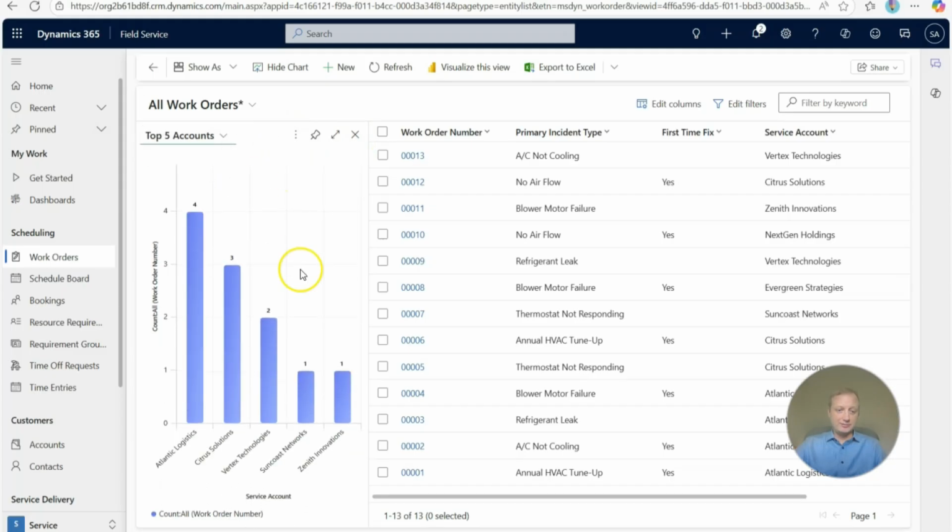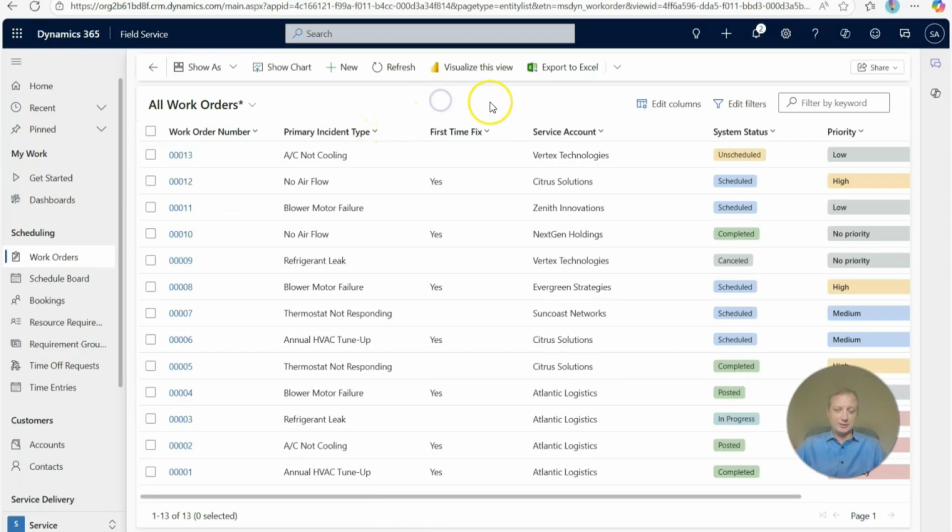Okay, just another example. I've got another bar graph here that's showing me my top 5 accounts. So this is a quick way of knowing that Atlantic Logistics has the most work orders open with us right now. So that's good to know. I may be able to do something with that information. Another thing I can do with these charts, which we're going to look at in just a moment, is I can pull these onto a dashboard where I can actually see multiple charts at a single time, kind of side by side. Before we look at that though, I also want to point out one other thing,